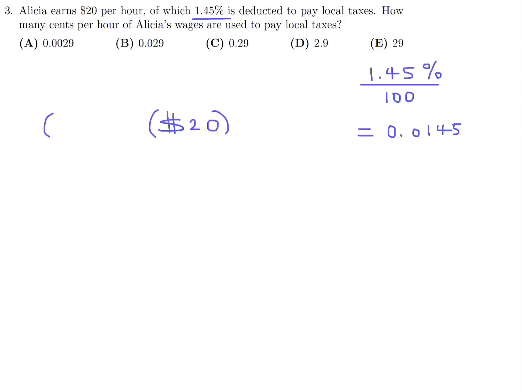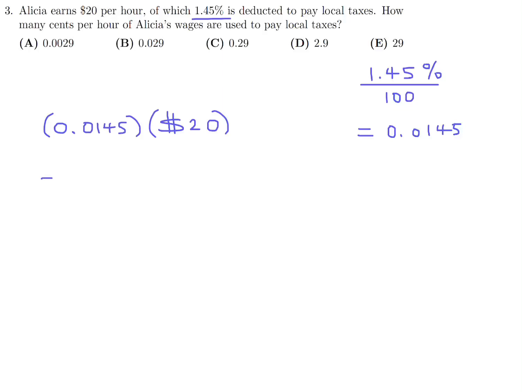Alicia earns $20 per hour, of which 1.45% is deducted to pay local taxes. How many cents per hour of Alicia's wages are used to pay local taxes? So $20 and then 1.45%. So you have to divide that by 100 to get a decimal value. And that will be basically 0.0145, like that. So then you take that and you multiply that by $20,